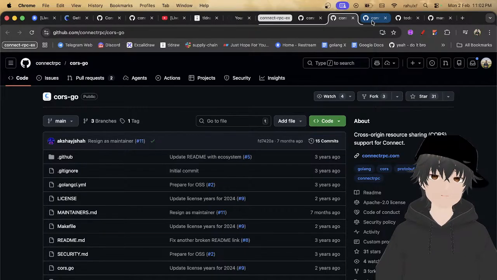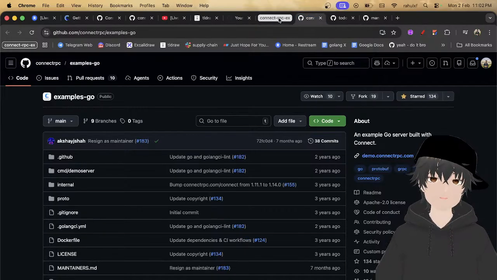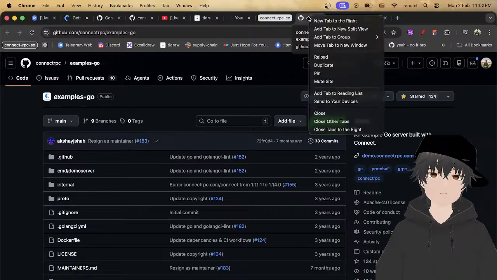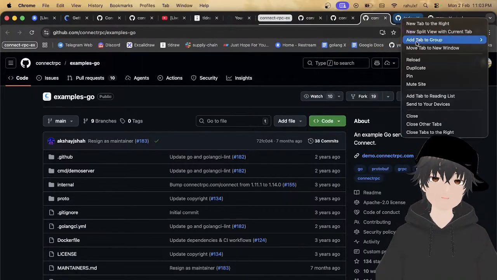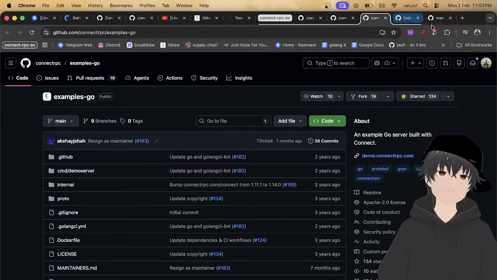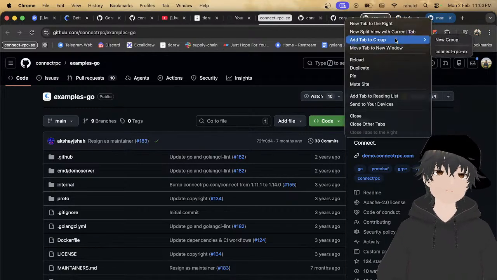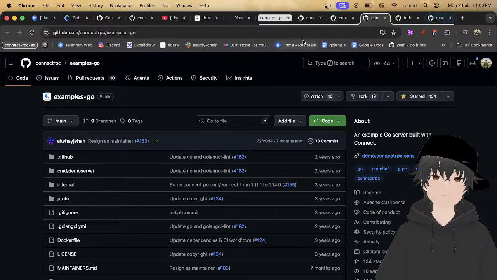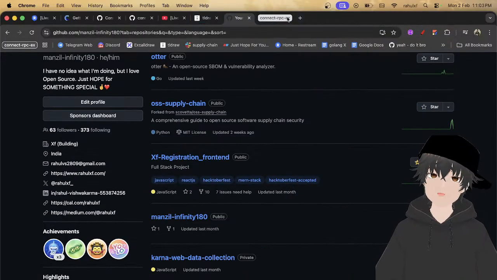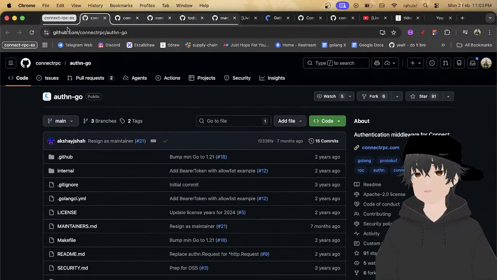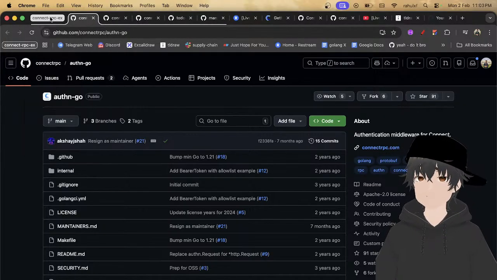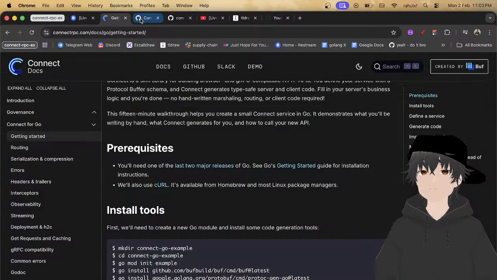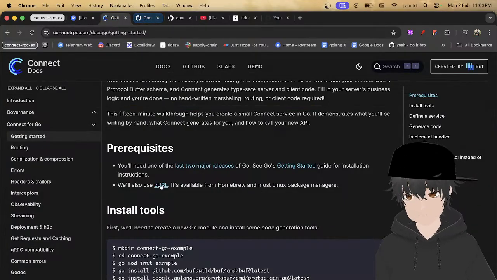Connect our PC. This one is also connect our PC. And this one is also connect our PC. So you can just keep this one and keep this one here. We can do like this. Okay, that looks really awesome.